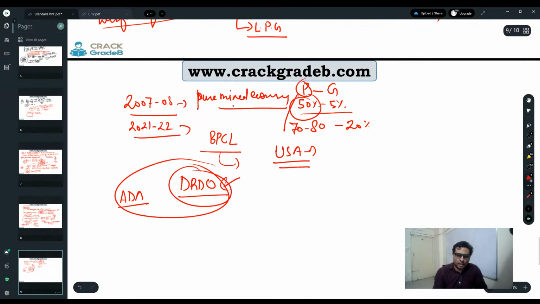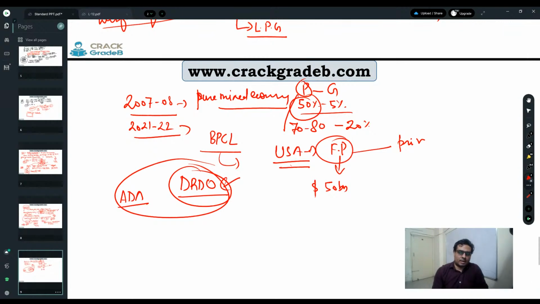But in the US, if the government wants something, for example their Air Force wants a fighter plane, they will go for private. Government will announce that we want to purchase fighter planes worth 50 billion, so we are opening this for private companies, and those who are interested can bid. So there the bidding system is there. The same kind of nature and characteristics is going to be followed by the Indian government also, and they are heading towards this end.